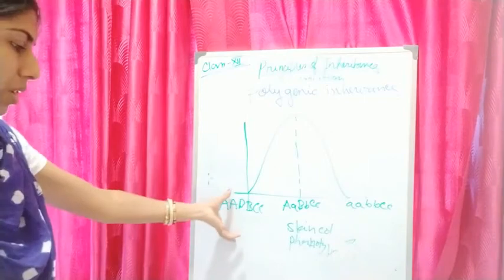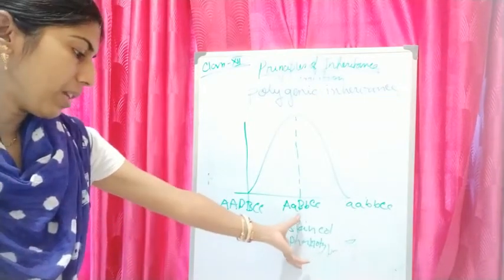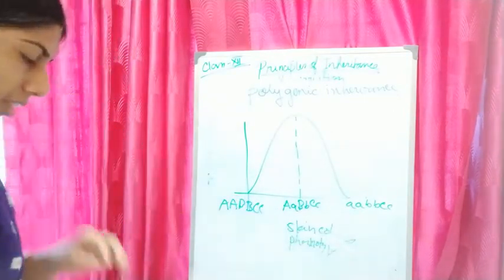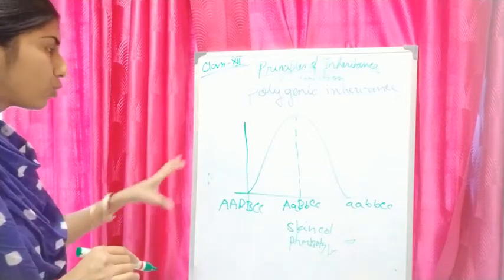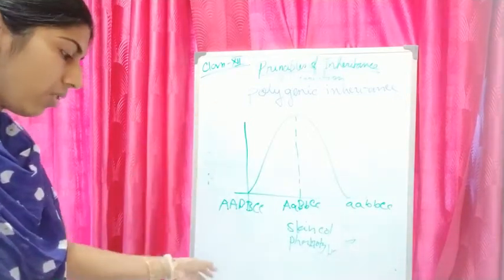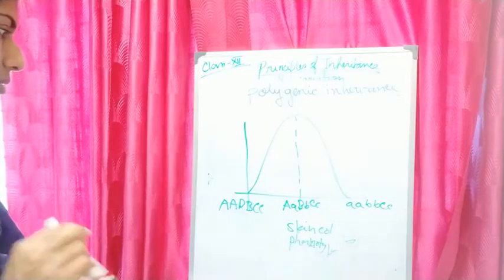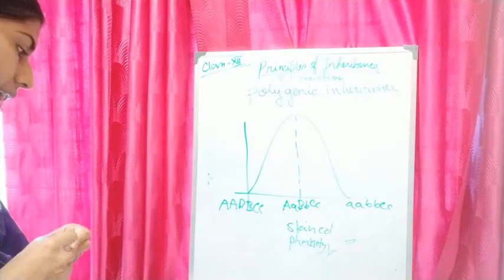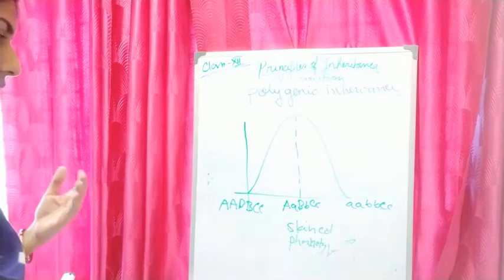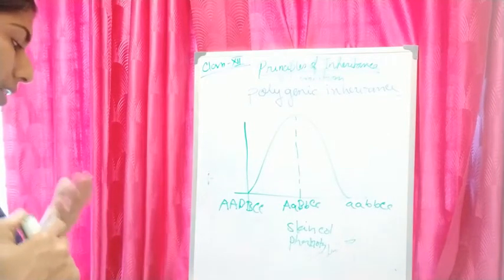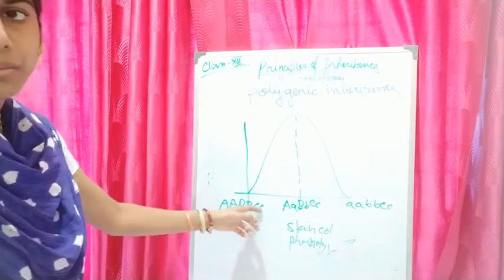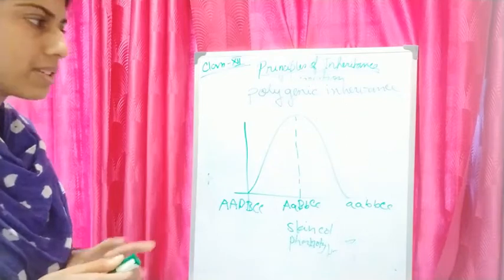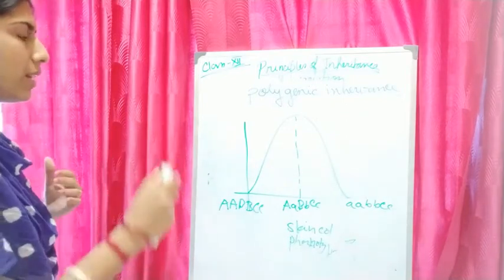That means 6 will be dominant, 3 will be intermediate, and there will be white albino. Okay, so it will be like that. So in total we will get 64. Now this is a very good example of polygenic inheritance. As you can see, one trait is controlled by 2 or more genes. You can see that capital A, capital B, capital C, the A, B, C genes are present for controlling the human skin color.